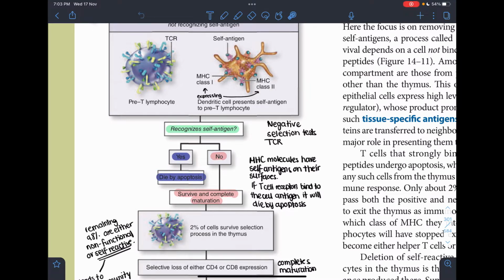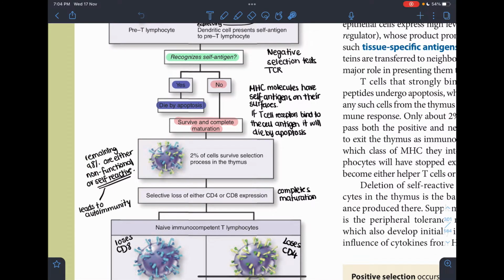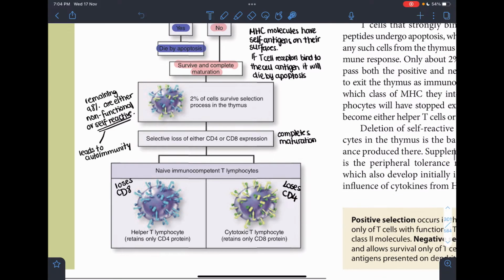They خلص يعني. But if they don't, نفس ما حكينا, they're gonna survive. So the remaining 98% من هدول 100% of the T lymphocytes, 2% they survive. The remaining 98% are non-functional and self-reactive, وهاي self-reactive cells, their presence lead to autoimmunity. بعدين the maturation will be completed now لما يصير في عنا loss of the cluster of differentiation. لما يصير في عنا هدول 2% they pass and they survive the selection, بيصير في عنا إنه they have to